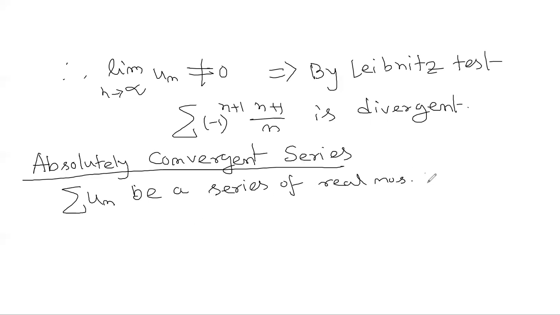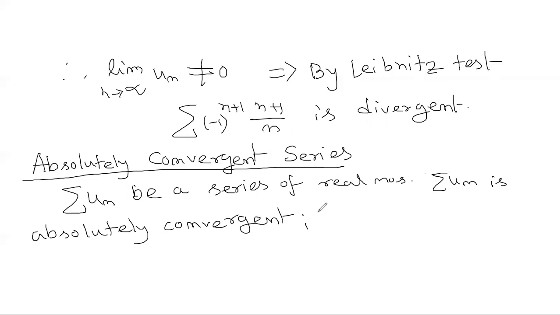So now this is called, un is absolutely convergent if its corresponding series of positive real numbers, that is modulus of un, is convergent. Then we say a given series, a general series, is absolutely convergent. So whenever modulus of un is convergent, then it is called an absolutely convergent series. Let us take an example, and then what is called a conditionally convergent series.